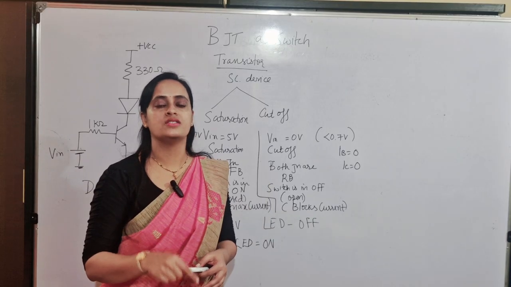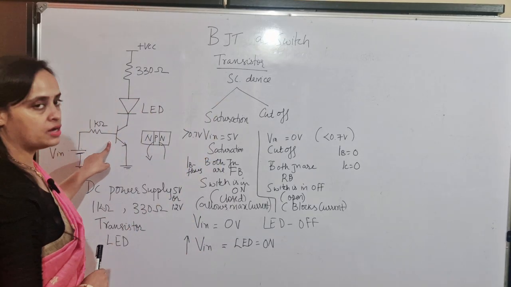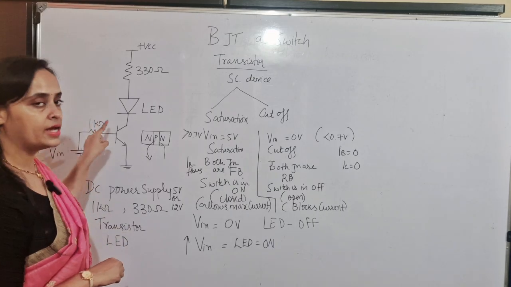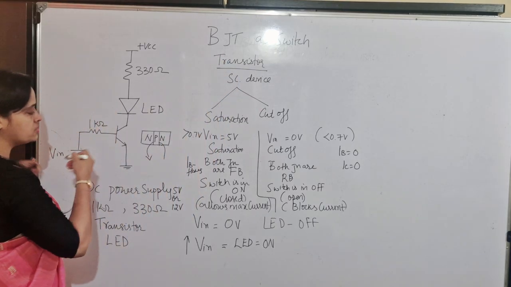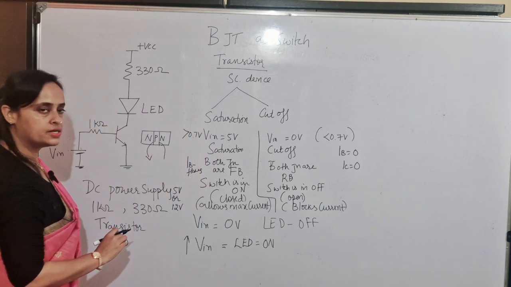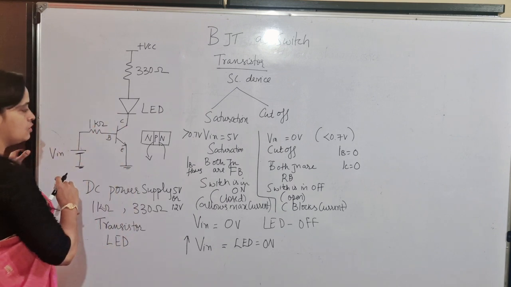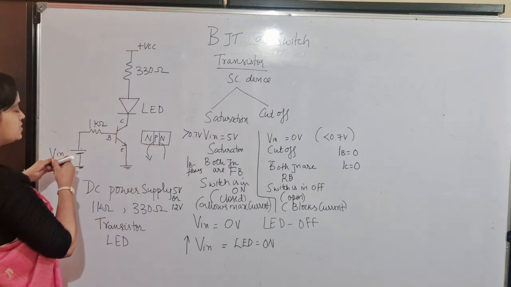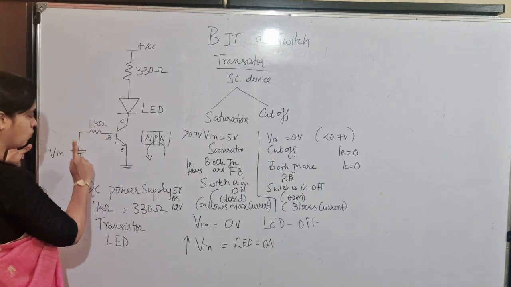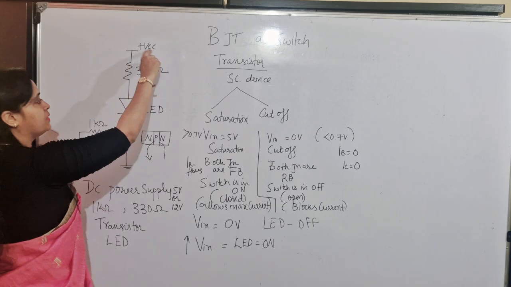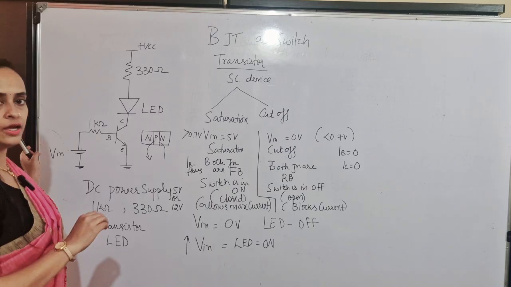Now using this concept of PN junction, which is happening in the NPN transistor, we can design this transistor to work as a switch. Basically, if you see in the circuit, the transistor used here is NPN. So this is the emitter, base, collector. The base is connected to the external power supply through a base resistor of 1 kilo ohm, and the collector is connected to plus VCC, which can measure up to a maximum of 5 volts, through the resistance of 330 ohms.